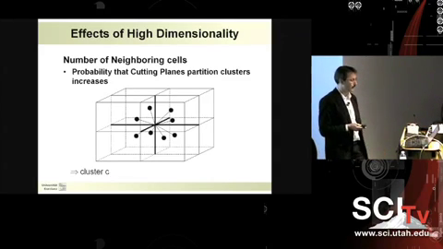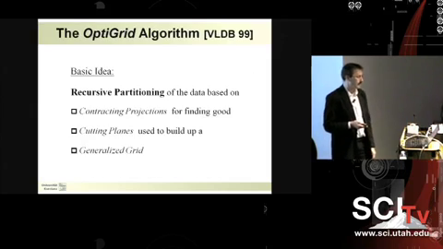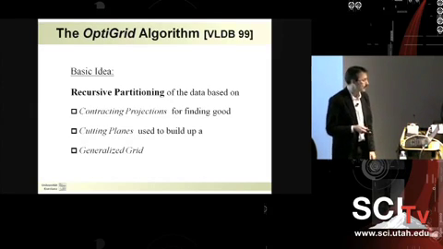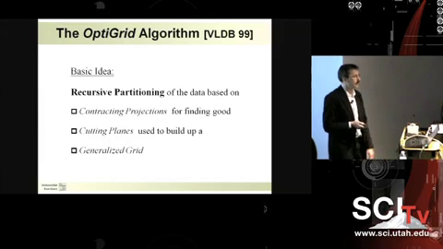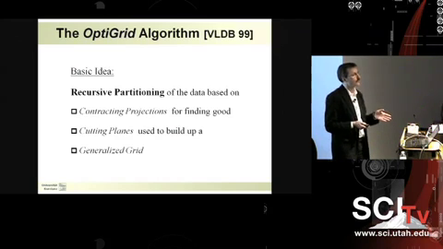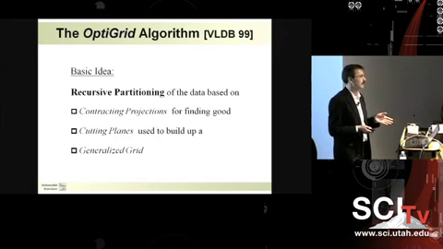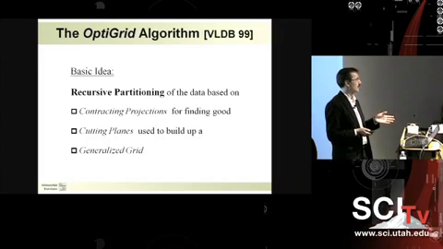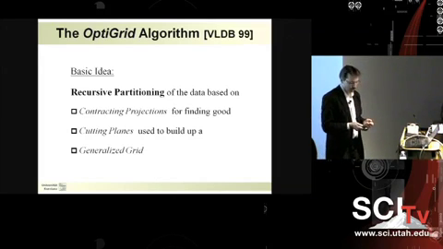I'm skipping some of the details, but we do another algorithm, the OptiGrid algorithm, which is doing a recursive partitioning based on contracting projections, determining some cutting planes through the data that are not cutting through any of the clusters. Basically, we are now not cutting regularly in a grid, but have an arbitrary grid. So you never cut through a cluster. That's the idea. And then we use a generalized